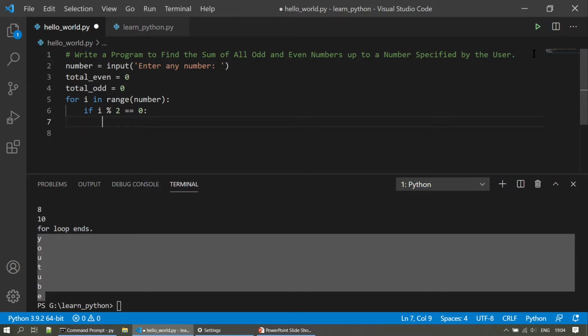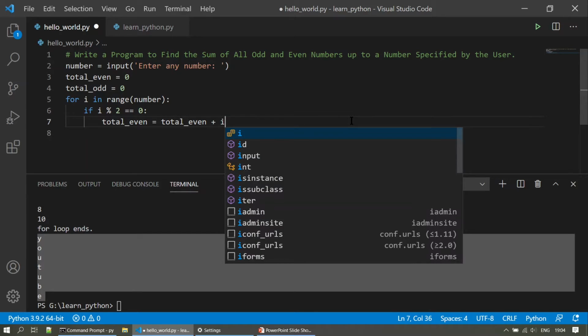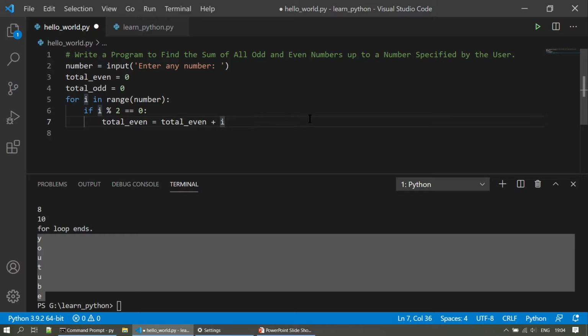So every time this list goes on, the total even number, we're going to increment it with this value. Okay, so with this value. So in this case, you will only get the even values, right? So this number will be added by i. Okay, and now in the other case, else, we will